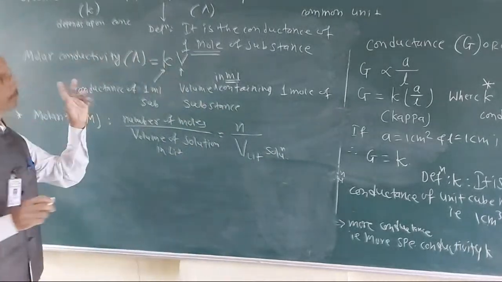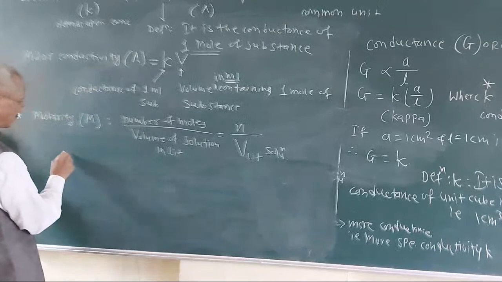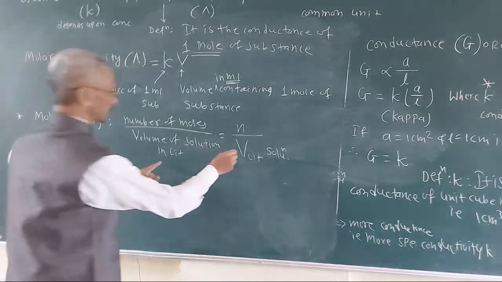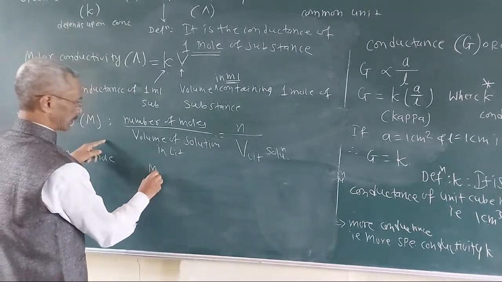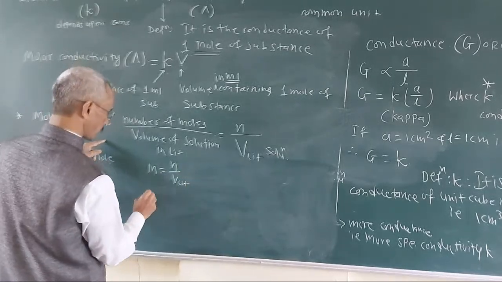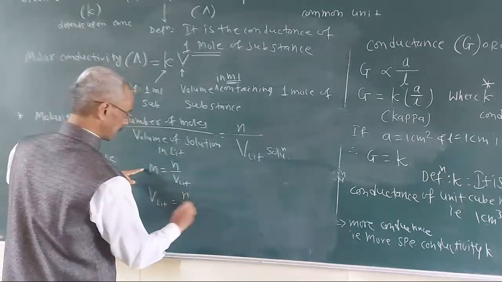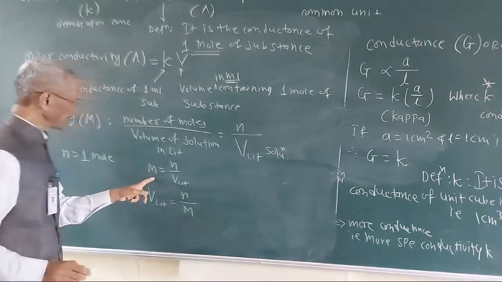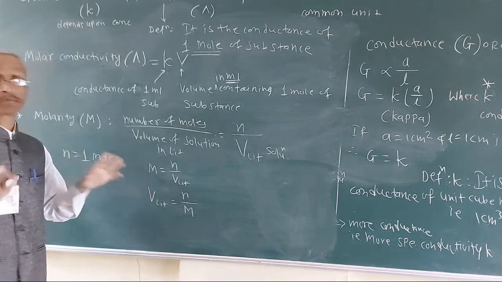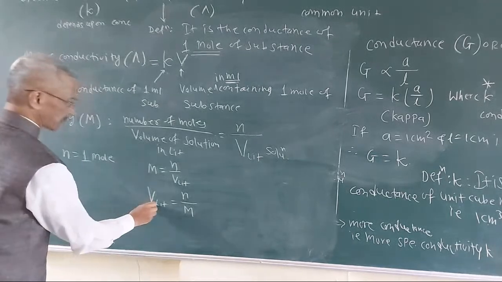Now, for the molar conductivity, n is equal to 1 mole. Or this can be, therefore, M is equal to n upon V liter, or V in liter is equal to n upon M. What is M? That is the molarity. That is the method to express the concentration of the solution. So here V liter,